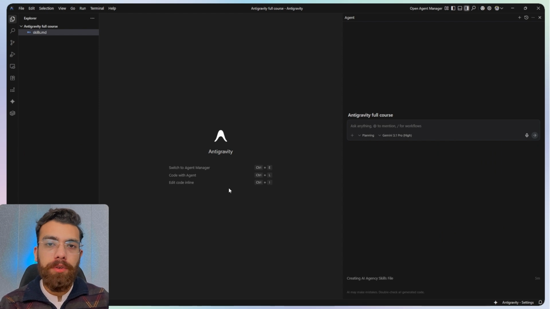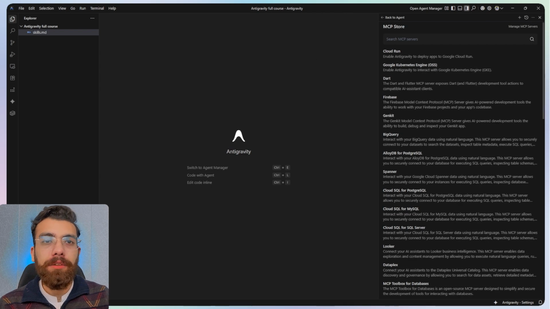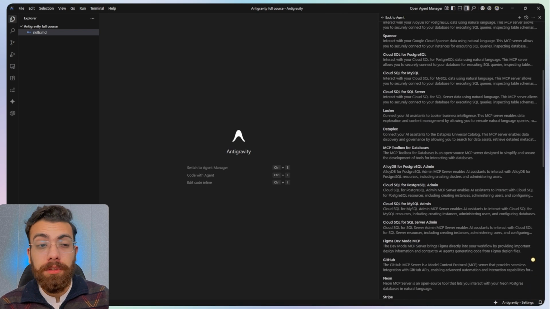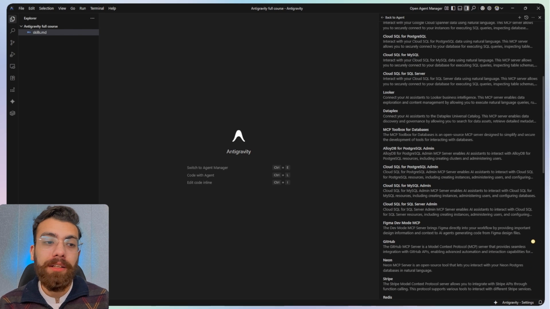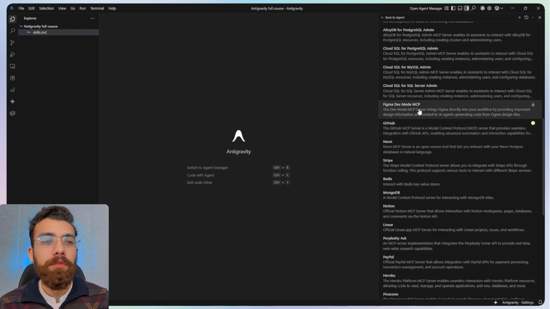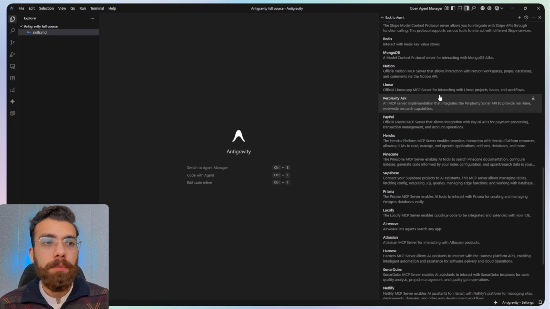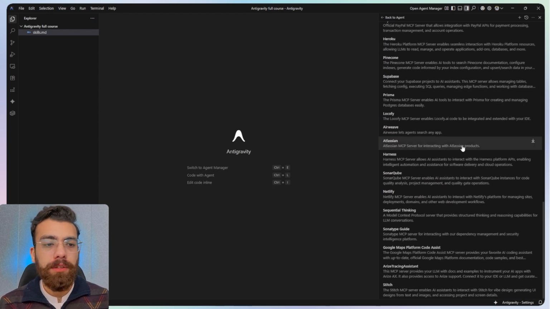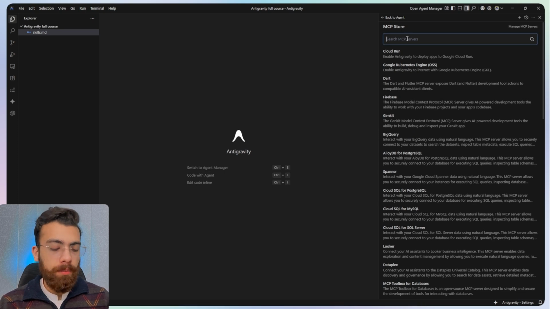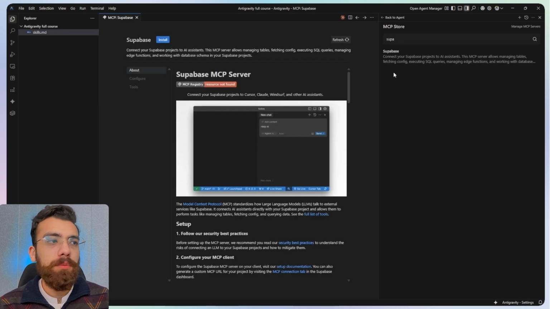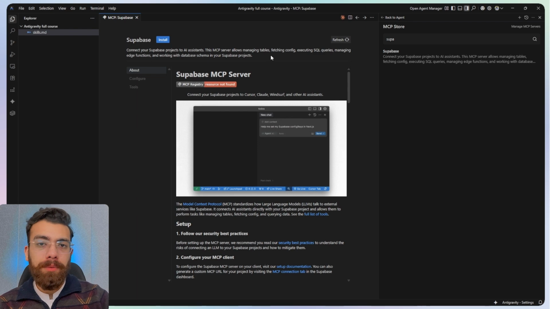Okay, so let me show you how you can connect your MCP with your Antigravity. You just need to go on the top right and click on these three dots, and you'll see MCP servers. Just click on MCP servers and then you'll see a list of MCP servers that are already listed inside Antigravity. We have GitHub, Figma, Stripe, PayPal, Perplexity, and a lot of tools inside. Let's search for Supabase and click on Supabase, and we want to connect the Supabase MCP server